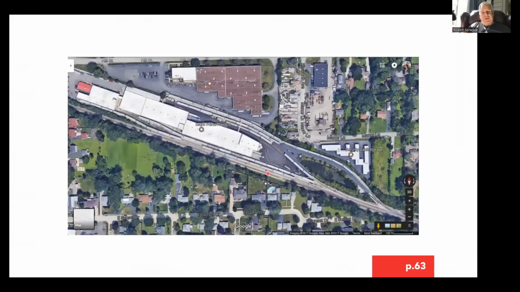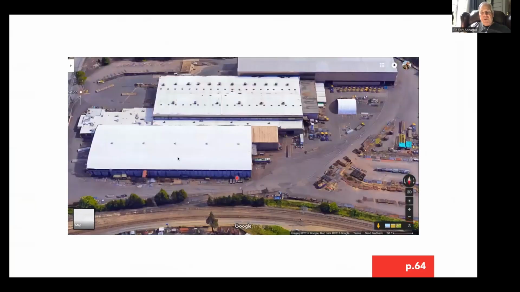layouts. You fly right over this when you're going into O'Hare Airport occasionally in Chicago, and I love how they have this factory here, and they had some kind of lake there, so they just built the track right around it. It looked a little awkward, but that's how it works. This would be a nice industry, I think, for somebody. This is